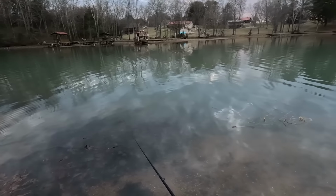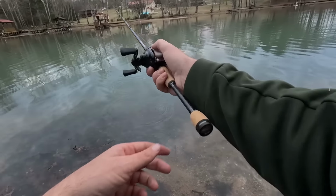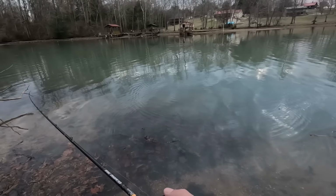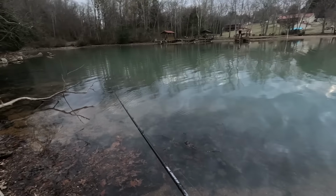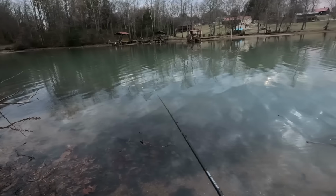White bass, I don't think would have any trouble eating it, but these yellow bass are usually a little smaller, but they might be able to get in their mouth. I might just miss a bunch of them, but we'll see. We ought to know pretty quick because they ought to be hammering it. There was something over there a second ago. I was on the phone and there was bait getting chased. Oh, that was a good hit. Yeah, I'm probably just gonna miss a bunch of